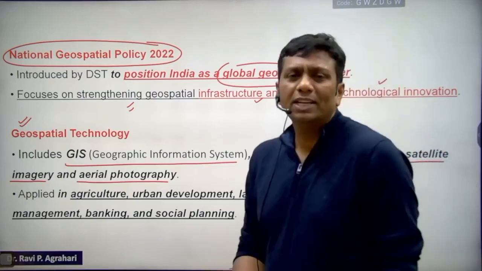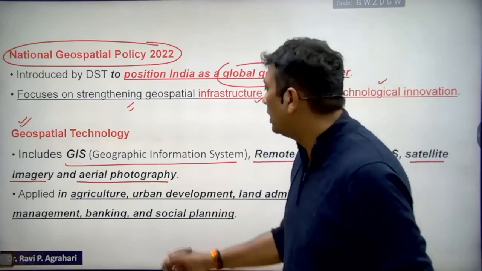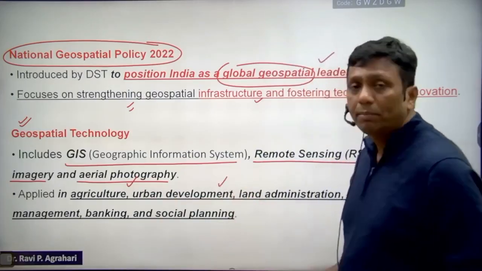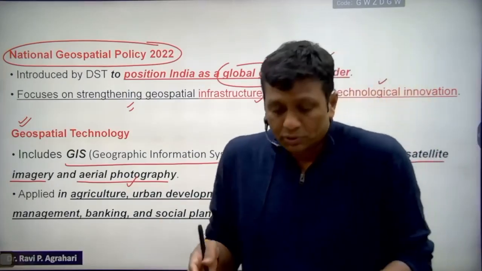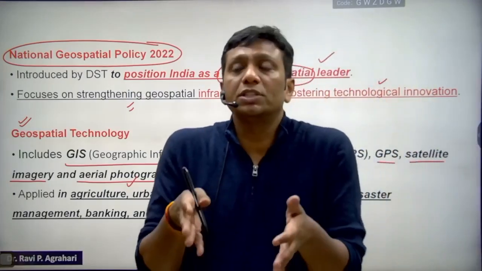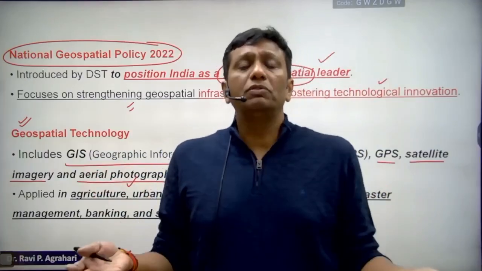Okay, and in such a way, which kind of sectors will have a benefit? You already have listened earlier. Further, I am going to tell: agriculture, urban development. Urban development is what? Suppose somewhere there are illegal constructions, people try to make their own houses and buildings on the roadsides. So don't worry, guys. Satellite images are not biased for anyone.